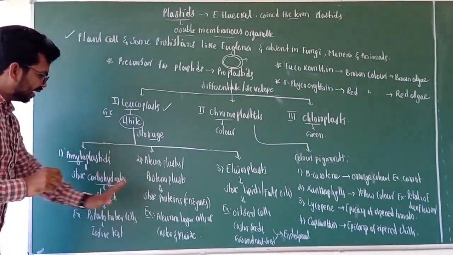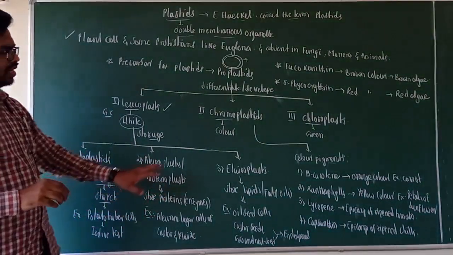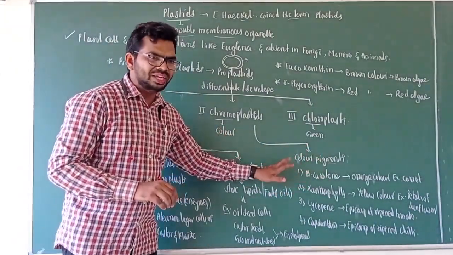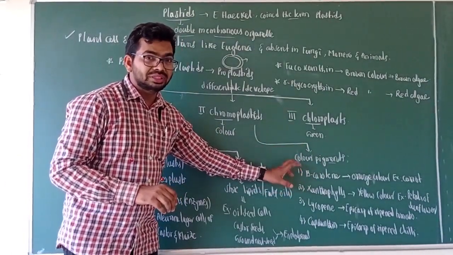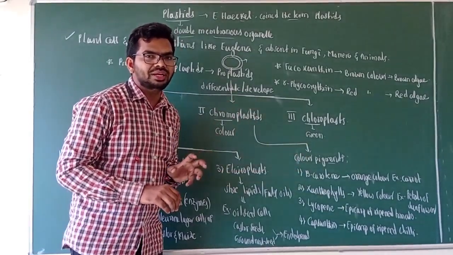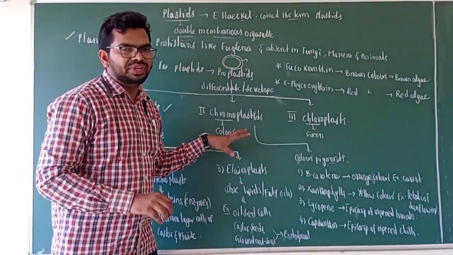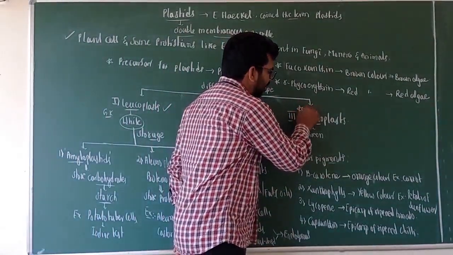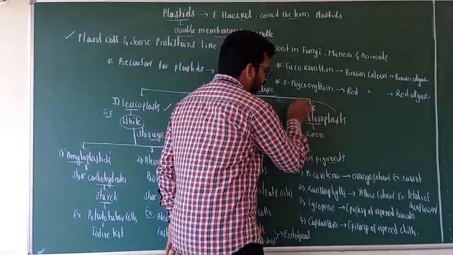And leucoplasts are again categorized based on the type of food they are storing, and I have explained this. And chromoplasts are categorized into different types of pigment based on the color type. Based on the type of color pigment, the plant parts will get a particular color. Okay, this is a brief introduction about the general plastids. I want to focus exclusively on chloroplasts. Why? The reason is it is a very important organelle, and